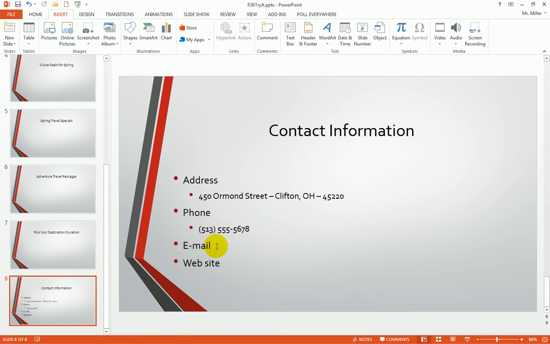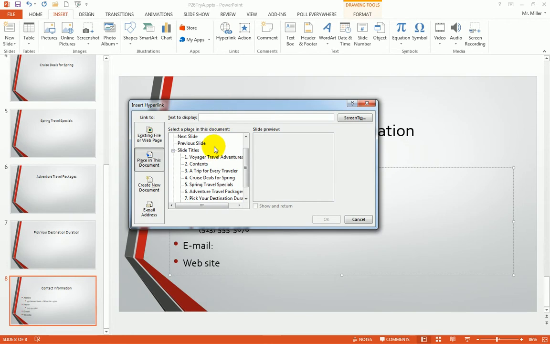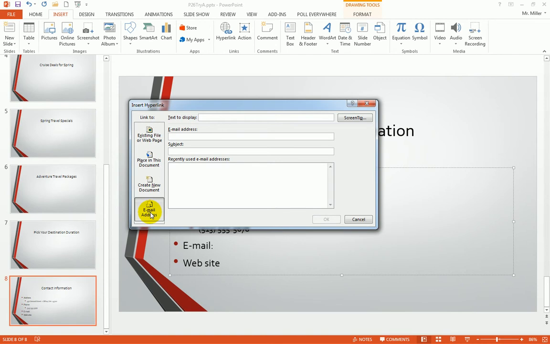Specifically, we want to create a hyperlink for some email. So I'm going to click after email, type in a colon and 2 spaces, and now I want to create a hyperlink. The hyperlink I'm going to create is going to be a hyperlink to an email address. So I click on the hyperlink option. Rather than going to a place in this document, I'm going to choose the option that says email address. My cursor should be in the email address area, and we're going to create the hyperlink for this particular email address. The email address that we're going to use is